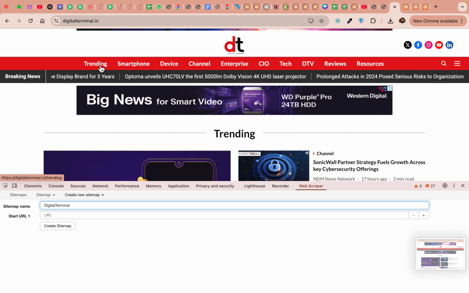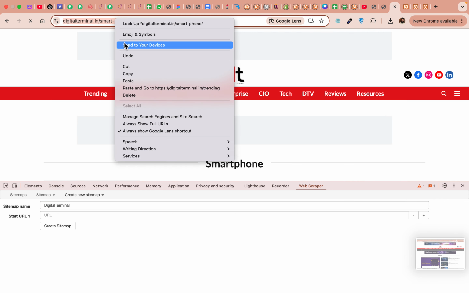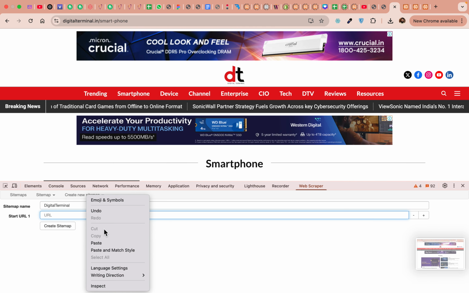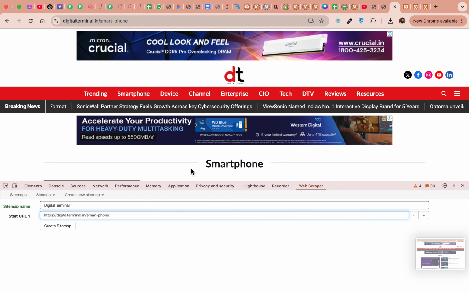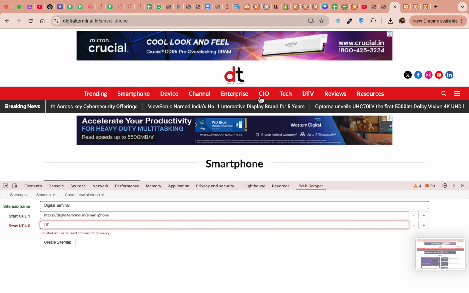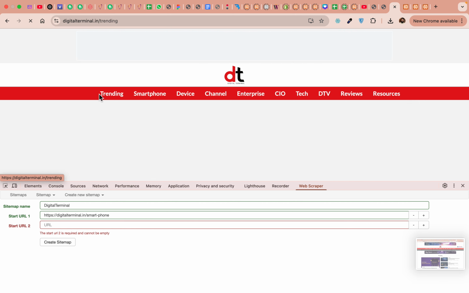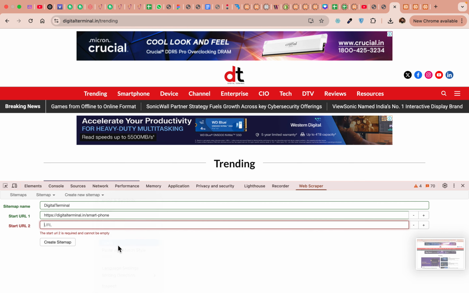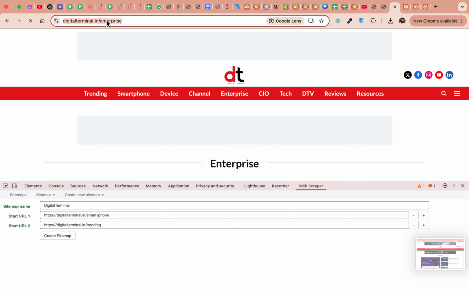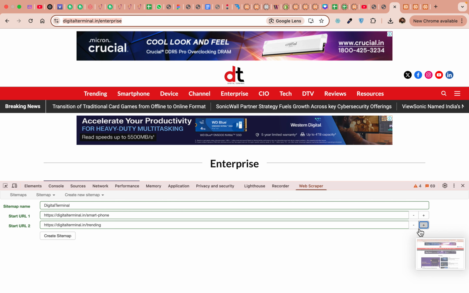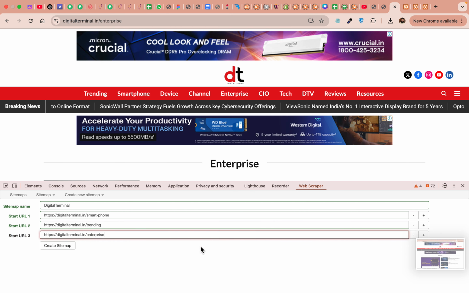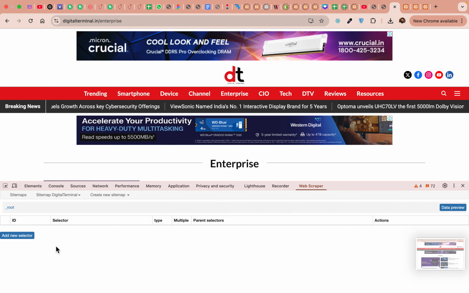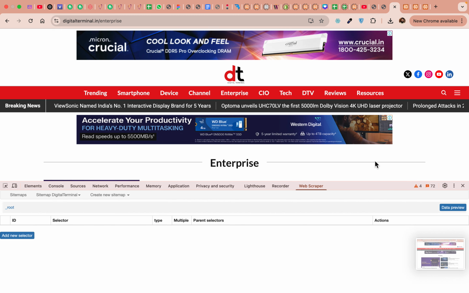So we will need this trending and smartphone. First of all, we will need the smartphone category. So go to smartphones, copy the smartphone URL and add it here. Now, if you want to add multiple categories, then just click plus here and go to trending, copy the trending URL and paste it here. Similarly, go to enterprise and copy the link and add it here. Once you add all of these three links, just click on create sitemap